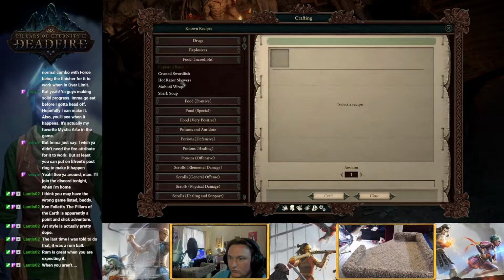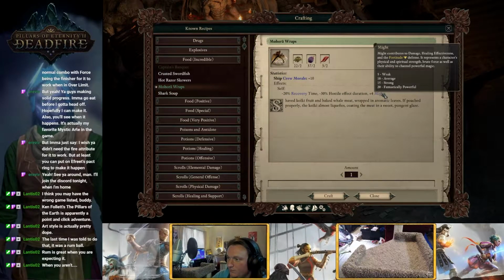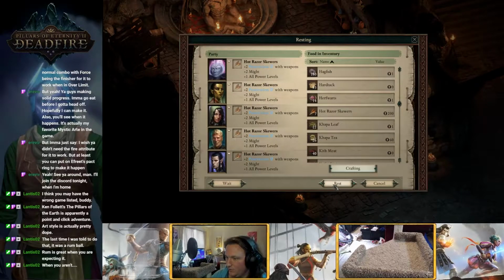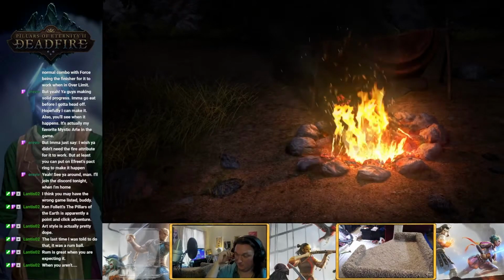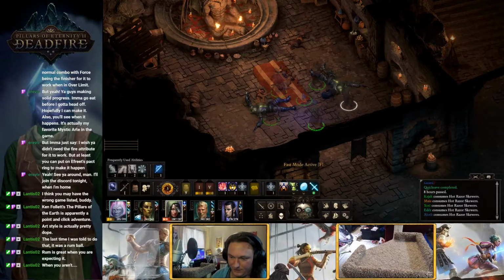Or we can make quite a bit of that. A horror wrap, +4 might. Yeah, I think we do hot skewers. Hot razor skewers. Rest. And I think with that, we're probably going to be able to, +2 pen, +2 might. So, for example, Shodi has